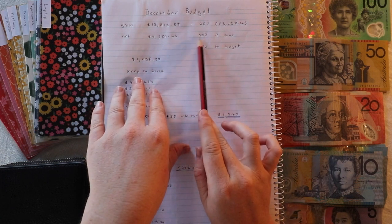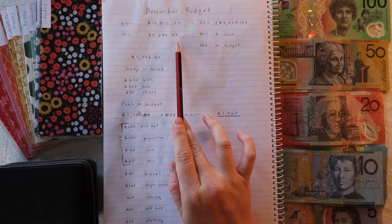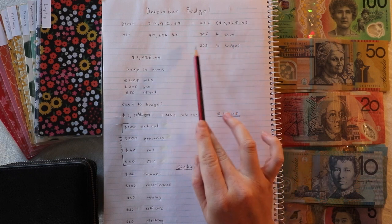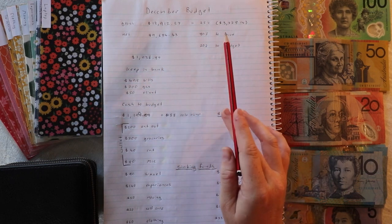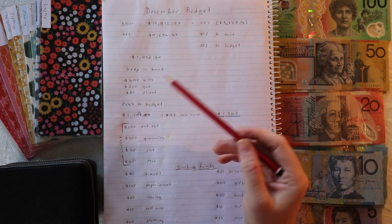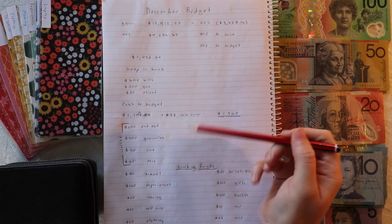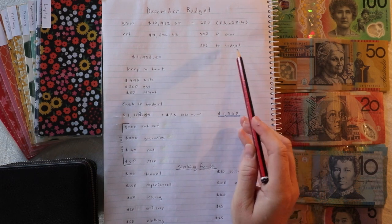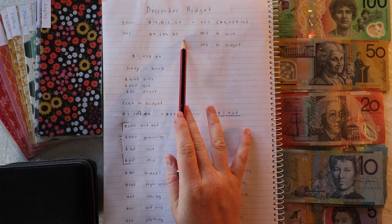Now, because this is a much higher earning month, I've decided to save 80% and work with 20%. Usually I would probably save 70% and budget out 30%, but just because this is a much higher figure, it still is a pretty generous amount to be working with. That's plenty for me to stuff all the sinking funds I want to, as well as have the allocated amounts I need for my monthly outgoing expenses that I know are going to occur anyway. So we're going to be working with 20% of my $9,684.43 is